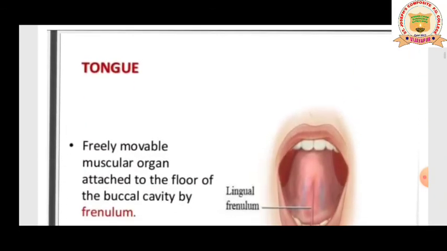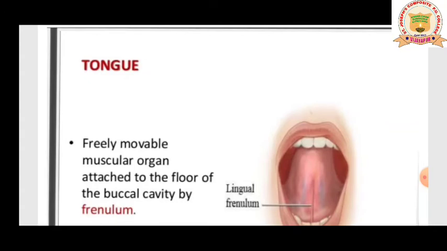Now coming to the next thing present in your oral cavity. As I said, we are trying to understand the first part of our alimentary canal, that is the mouth. The mouth consists of teeth and the tongue. Now you have almost all the information about the teeth. Let me explain the function and nature of the tongue.